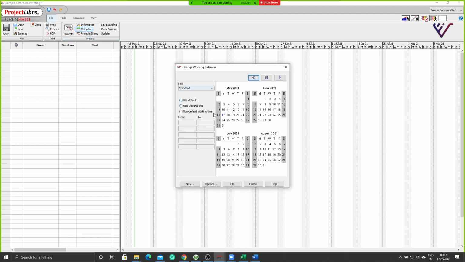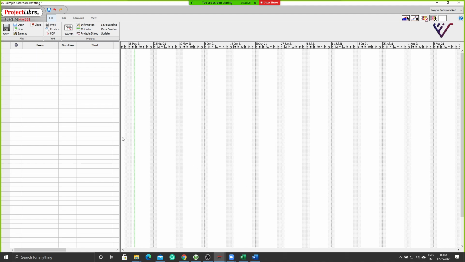Okay. Under the calendar tab, right now you have the default standard template. That means Saturdays and Sundays are considered off, and Monday, Tuesday, Wednesday, Thursday, Friday, you have these working hours, 8 to 5 basically, with 1 hour of lunch break. You can modify that for each day if you want to. So we will come to this calendar, how to change the day parameters in calendar, but we will first get down to understanding the interface.